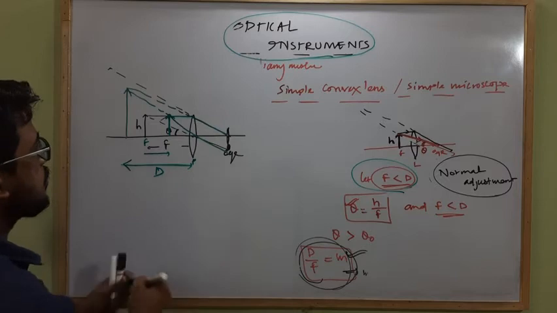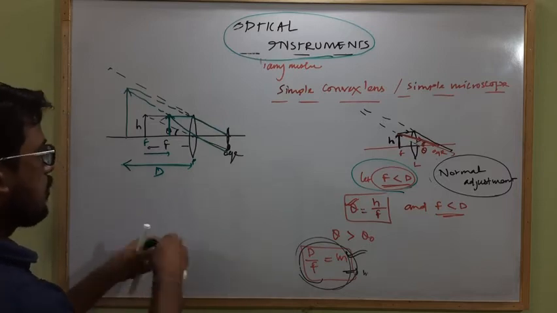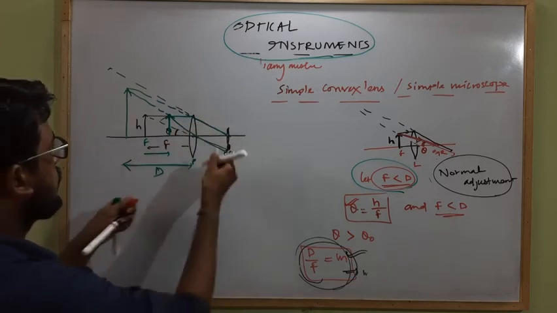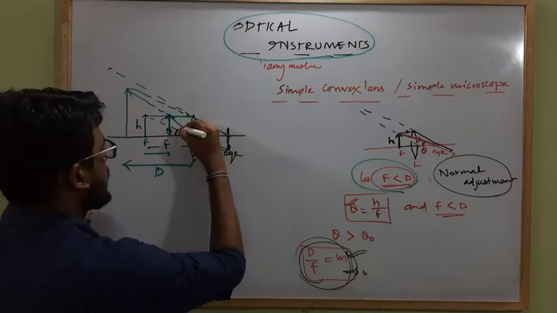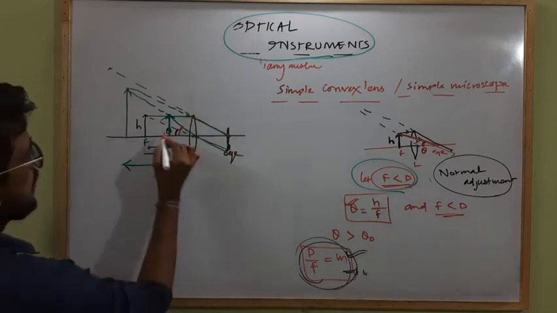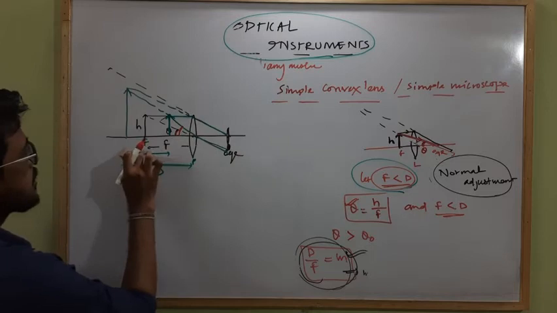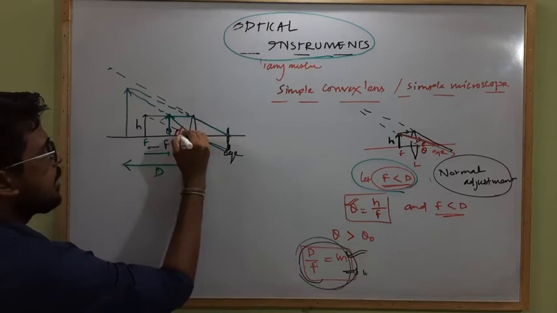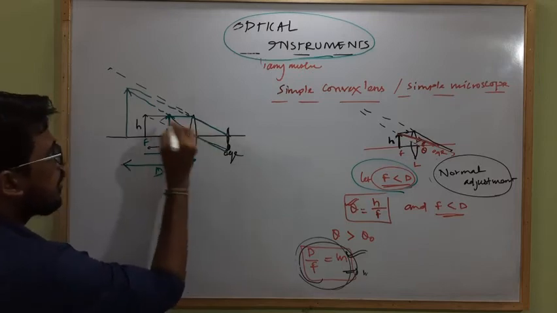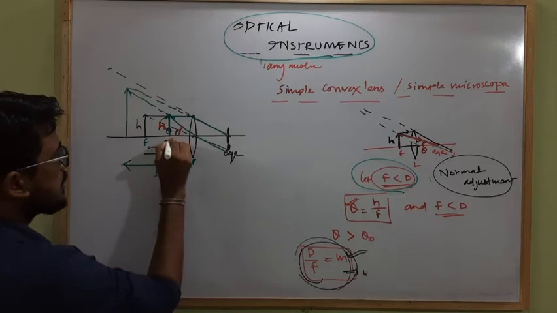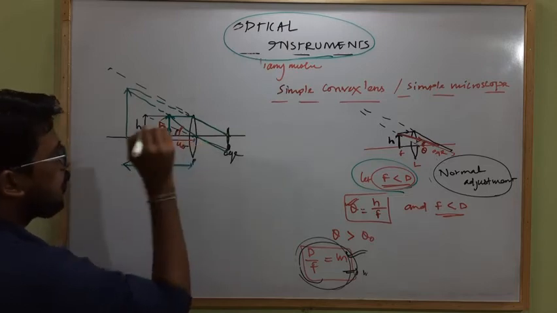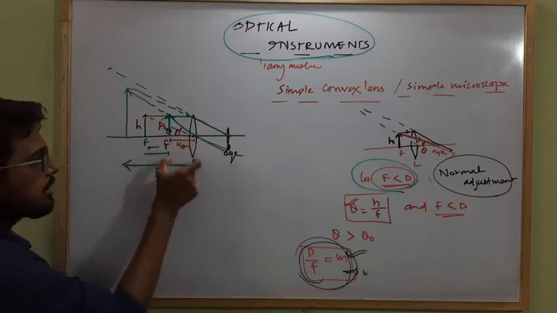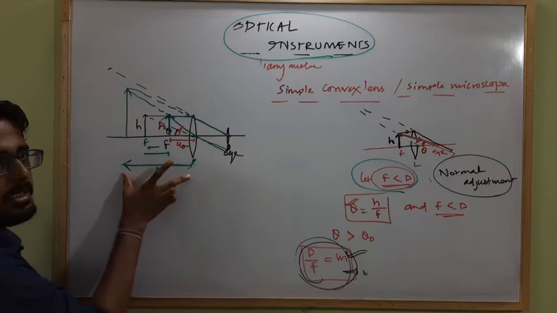So at this position, the angle of view is this much. Let this be the angle of view. This is clear. This is the angle of view when the object is placed at the focal length. But now further as the object is moved too close to the eye, the angle of view will increase and this will be the angle of view. This is the height of object and this distance let be u naught. We don't know what the distance is, but we know at this object distance the image is formed at the least distance of distinct vision.